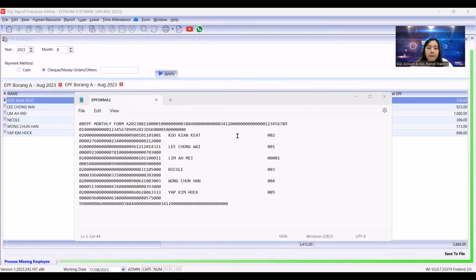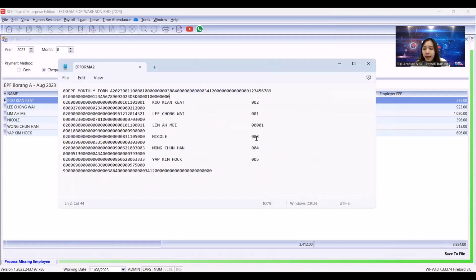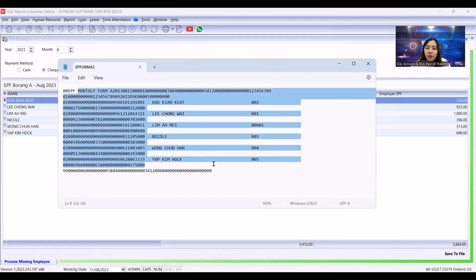Okay, so you can see now this notepad text file. Actually, you cannot, I also don't understand. Maybe some of the info, yes. But no worries, you don't need to understand. You just submit this type of text file, you just upload to the KWSP portal. They will have one option there for you to submit all these text files. Then you just submit, then